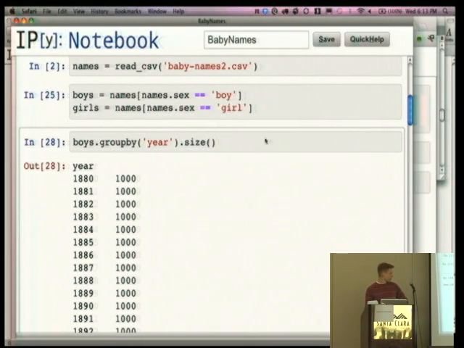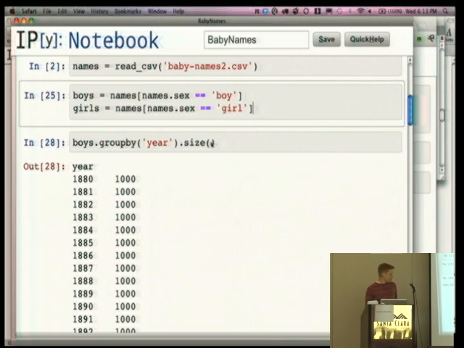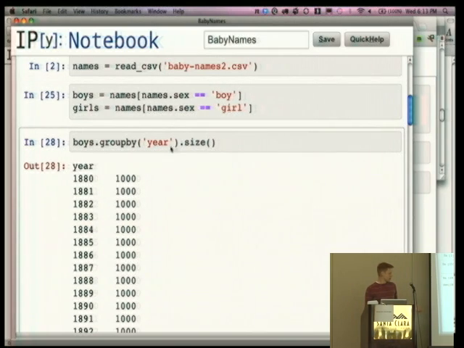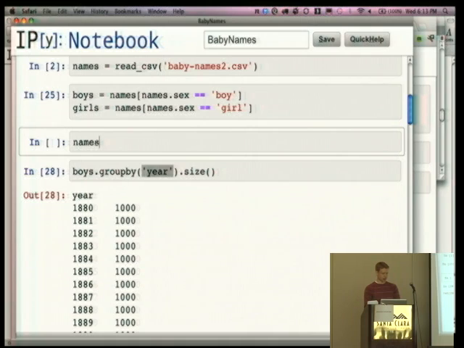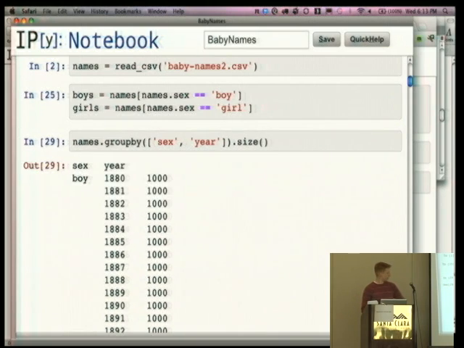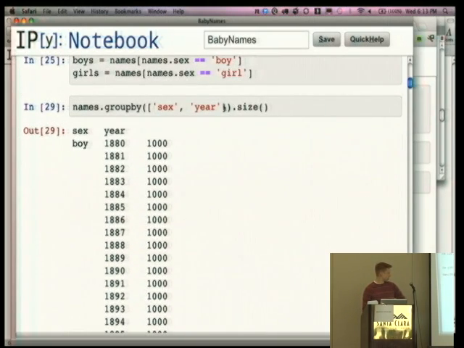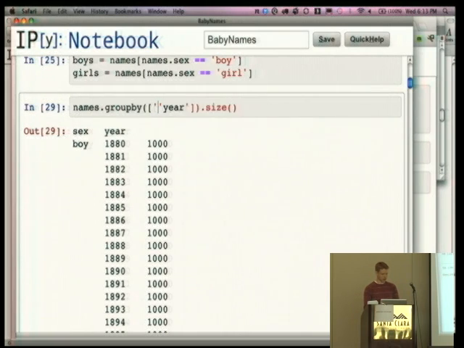But you can pass more than a single column to group by. So in the case of the names database, suppose we did group by and passed the list sex and year. I'm going to change the order to be sex, comma, year. Now this groups by 2 columns, and if we call size, then